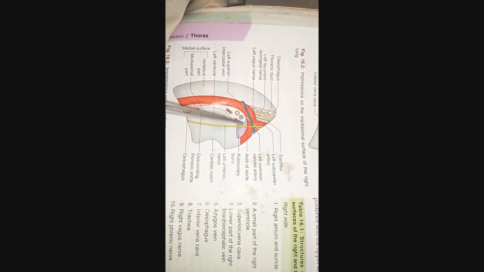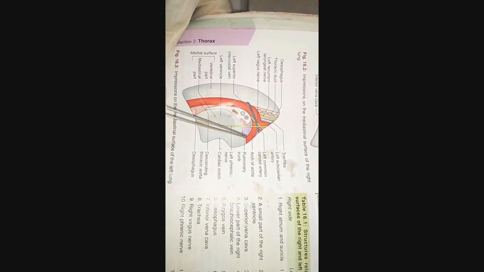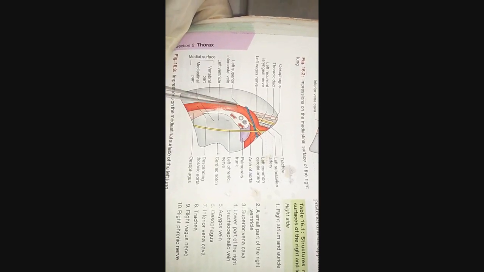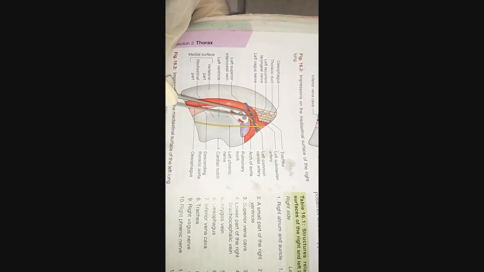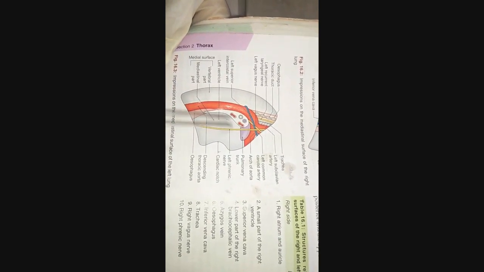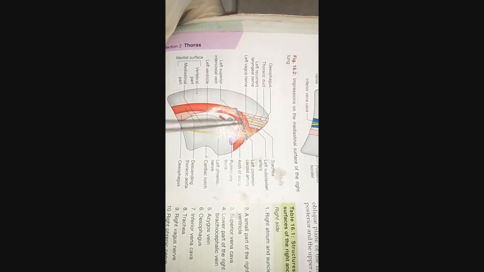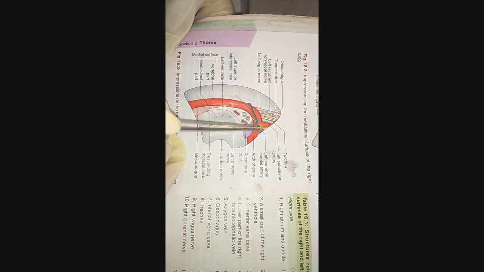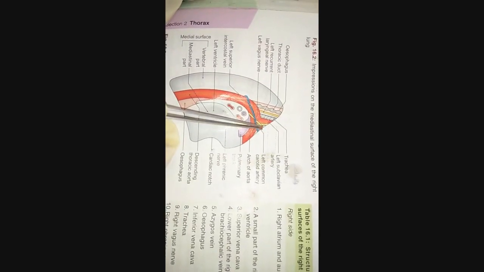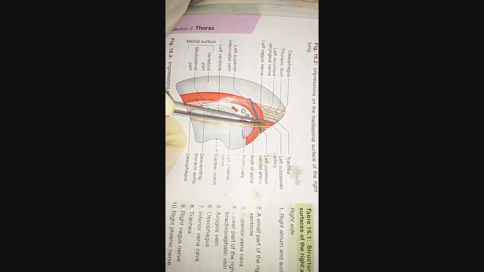Just in front of the root of lung, there is an impression for the pulmonary trunk. Just behind the hilum and the pulmonary ligament, there is a deep impression for the descending thoracic aorta. Just above the hilum, there is another impression that meets this large impression, the groove for the arch of aorta, which we know divides into the left common carotid and left subclavian artery.